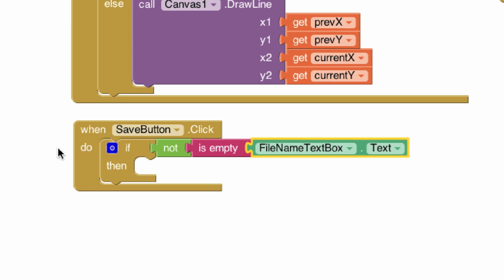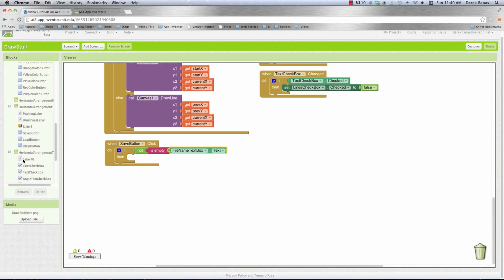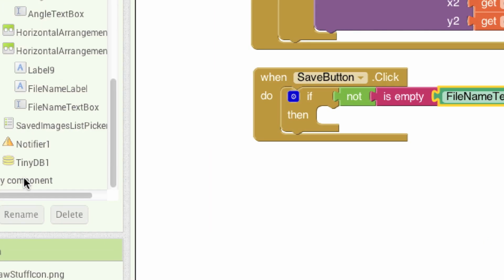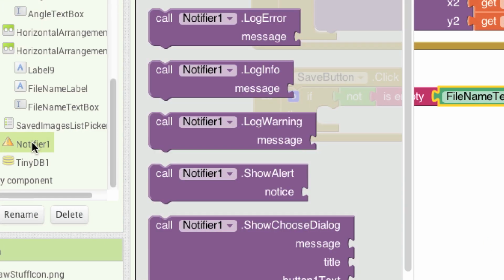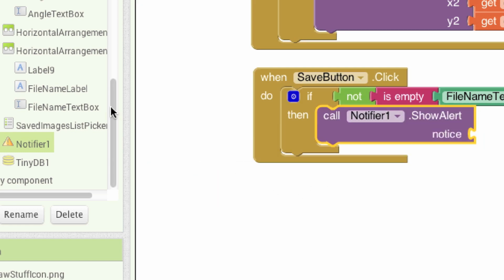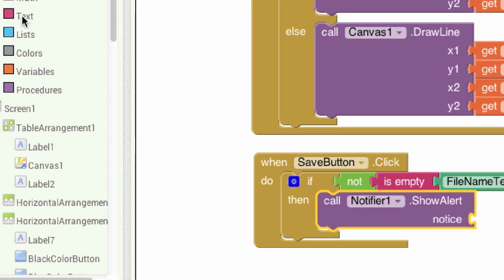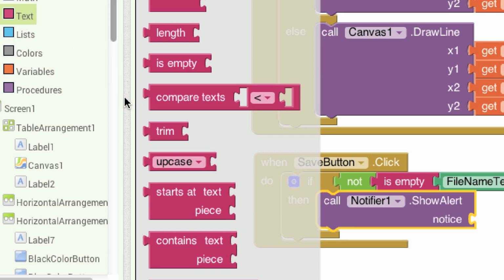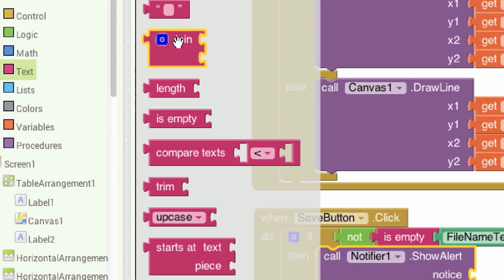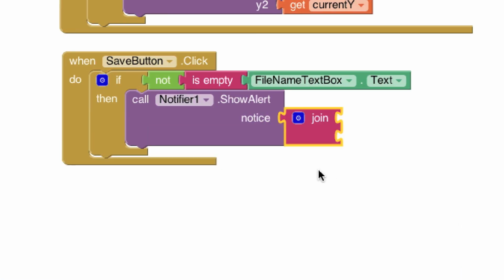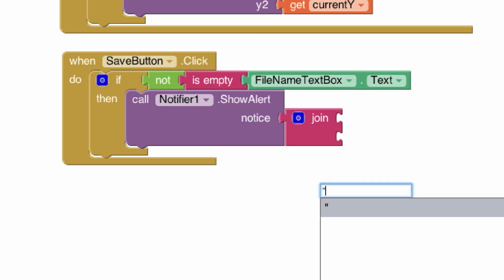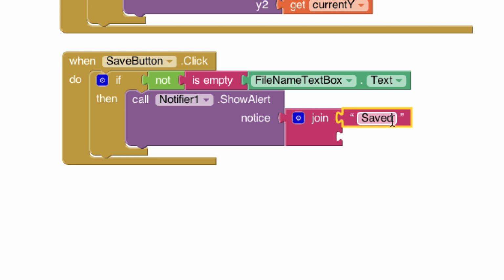Then I'm going to want to say that everything's saved. So where's my notifier? There's the notifier down here. And the notifier, I'm just going to use a simple notice because I don't want to do anything crazy. And then I'm going to need a way to do a join here because I'm going to need more than one piece of information. So there's a join. Drop that right there. And let's just keep this nice and simple. Let's just say saved. Put a space inside of there, drop it right there, and I'm going to come up here and put another space inside of here